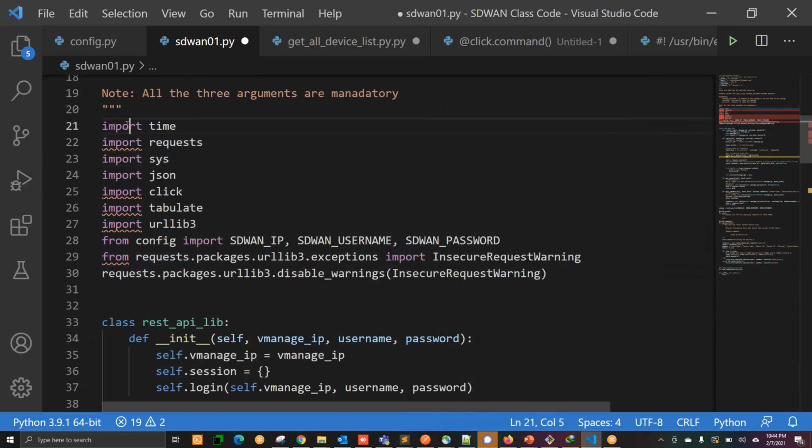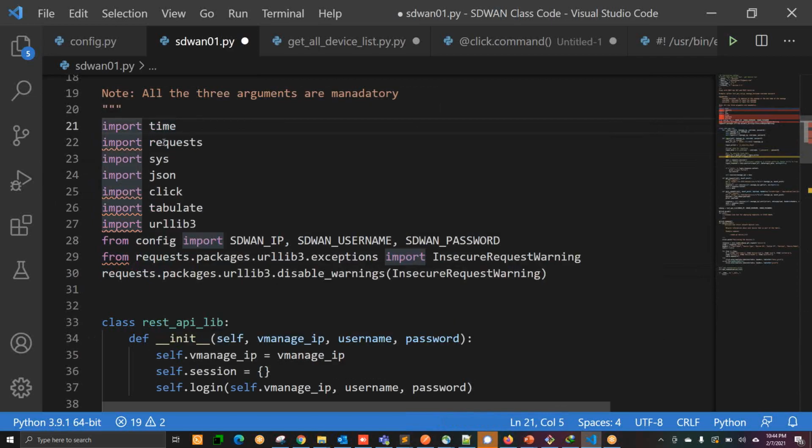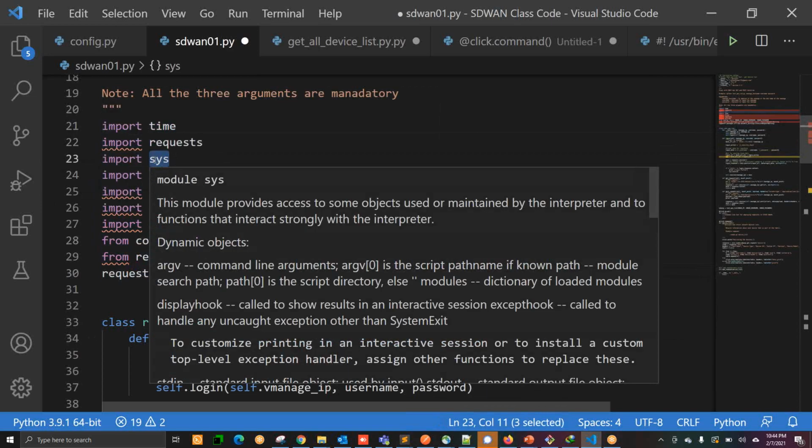So here you can see that I'm importing some modules, time related module, some sort of request related modules, the system related module. System is in this place. I have my code. Now if I want to exit, or if I want to give some user input, I can use the system variable.